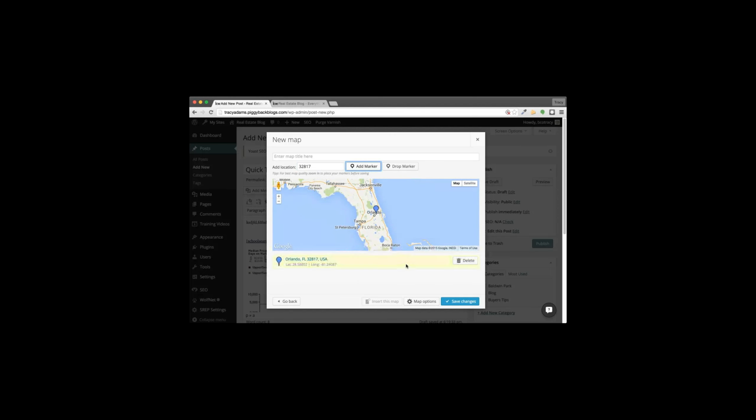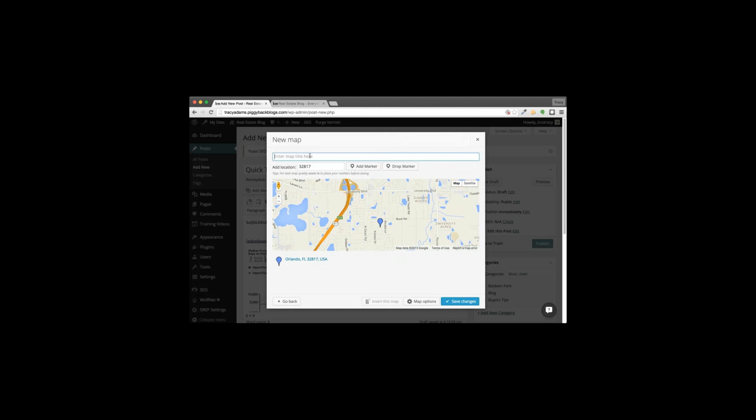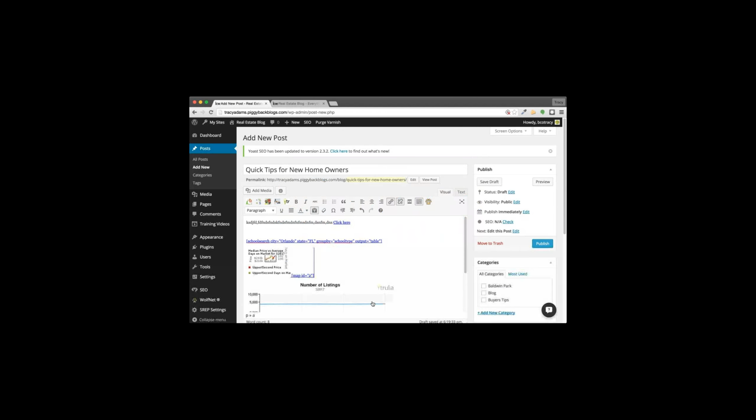All right, so I put in the zip code of 32817. You can zoom down to it, and you can have it show like this. You have to make a title. Save the changes, and you can insert the map that way. It'll show up like this. This is what you call a short code in the map and in the blog post. So if we just preview,